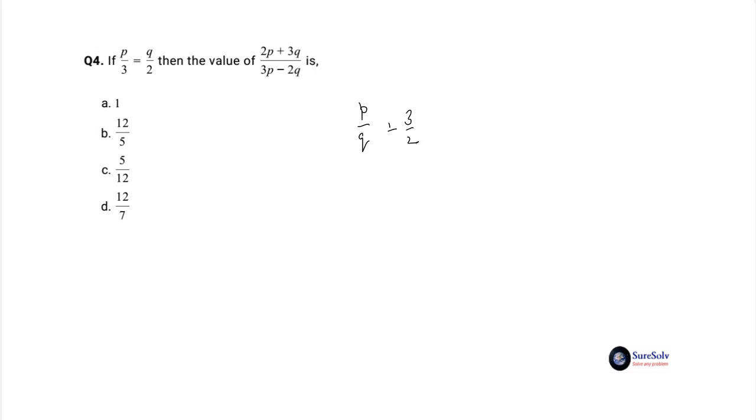Let's now turn our attention to the direct expression. The speciality of the direct expression is both the numerator and the denominator are balanced individually and between each other in the powers of p and q. Power of p and q are same in each expression, as well as this power is same for both the expressions. This special pattern enables you to divide both the numerator and the denominator by q and convert the whole expression fully in terms of p by q as 2 times p by q plus 3 divided by 3 times p by q minus 2.